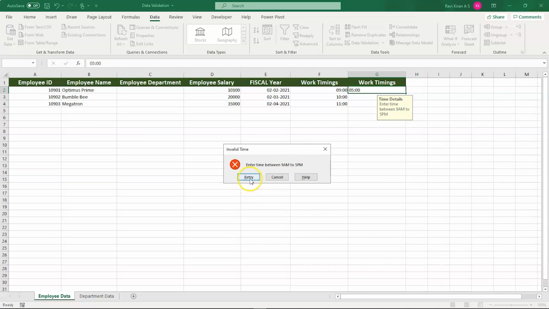Let's try to provide something just 1 minute less than 5. That is 59. Okay. There is some problem in this. Let's check it.